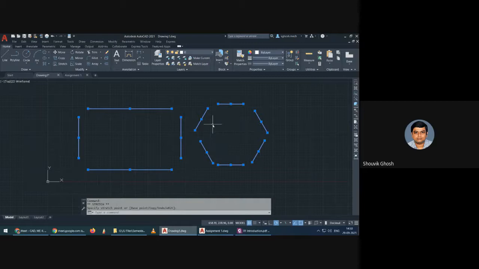Now you may ask, sir, why is explode there and why do we need to use it? There are cases where you might not need all the six sides of a hexagon or even any other polygon as such, and by using the explode command you don't need to go for the trim and edit and all these things.